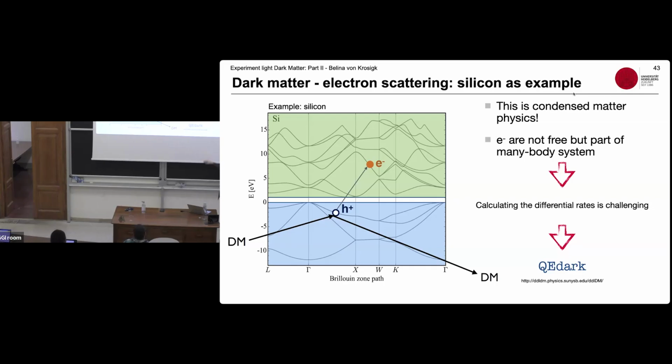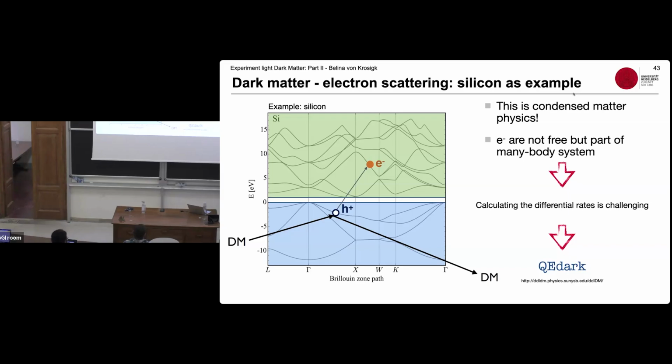However, from here to here, you need more energy. So it really depends. The probability is not just that the more energy you have, the more likely you are to get an electron out. It really depends, again, on how much energy you get in the end. And this is also telling you that calculating the expected differential rates